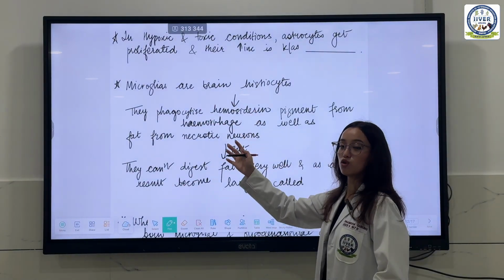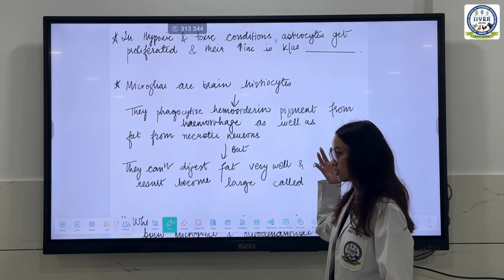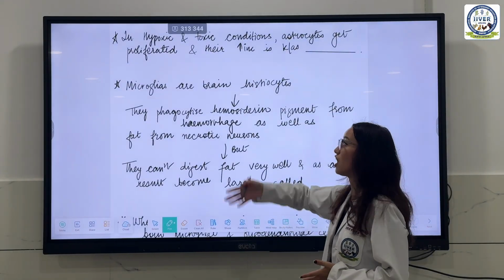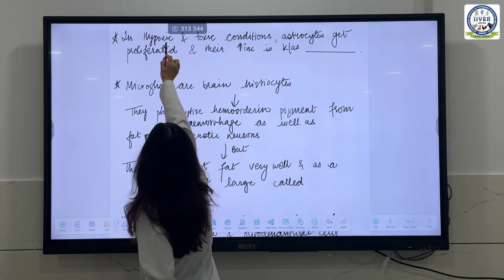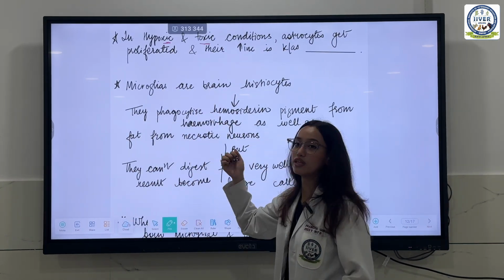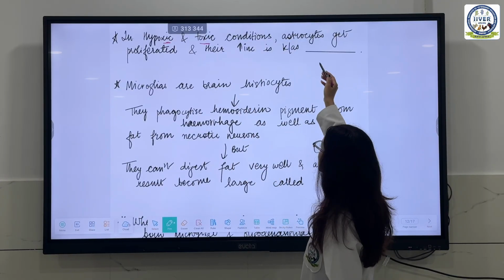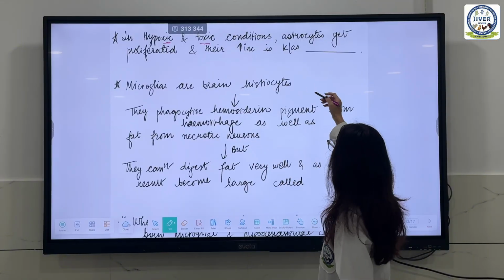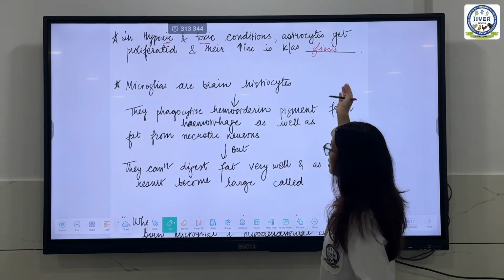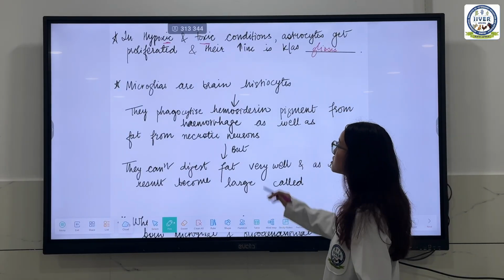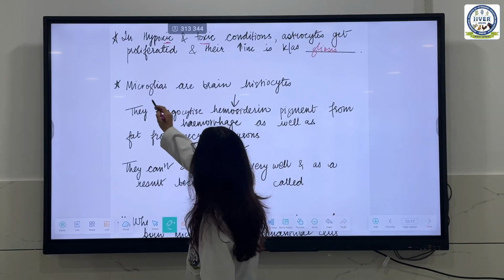Now, after that, I have taught you about those cells. Under this section, changes in the axon, the main important definitions and fill-ups will be asked. So this is very, very important. First of all, in hypoxic and toxic conditions, hypoxic meaning when there is less oxygen, astrocytes will proliferate and their increase is known as gliosis. This may come as a fill in the blanks, a tick the correct answer, or even as a definition for gliosis.